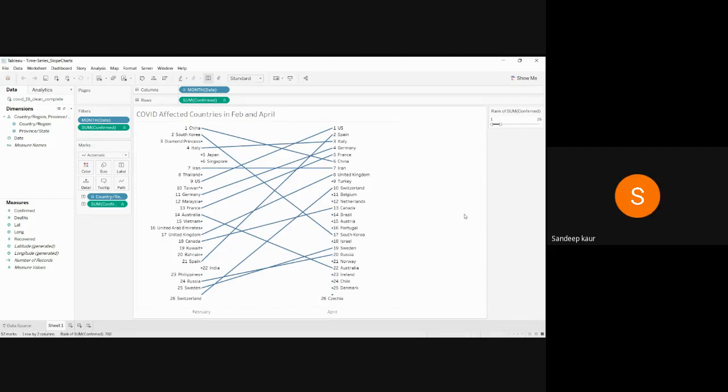So, in the last class, we have already discussed sparklines in time series analysis. Today, we will discuss two more kinds of chart: slope chart and control chart. So, the chart that you're looking at right now is the slope chart. In a slope chart, we have two periods of time, as you can see here. We have February and April, and